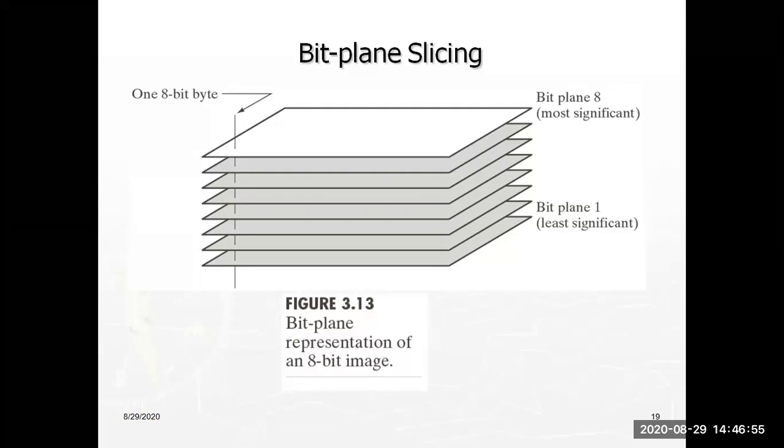So it is called bit plane slicing, or bit plane representation of an 8-bit image. Suppose there is an analog image, and that analog image is converted into digital, that means dots. Each dot contains how many bits? 8 bits, nothing but a byte. So each pixel has 8 bits after conversion, and those bits are arranged like slices. This is the least significant bit slice, and this is the most significant bit slice.